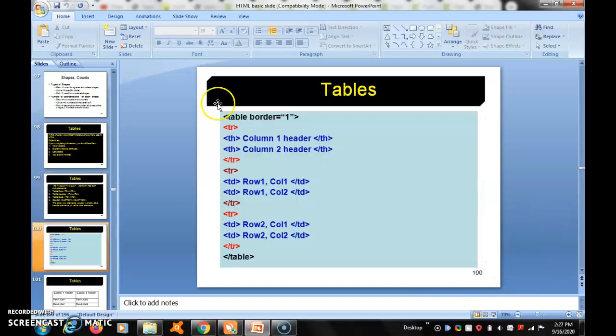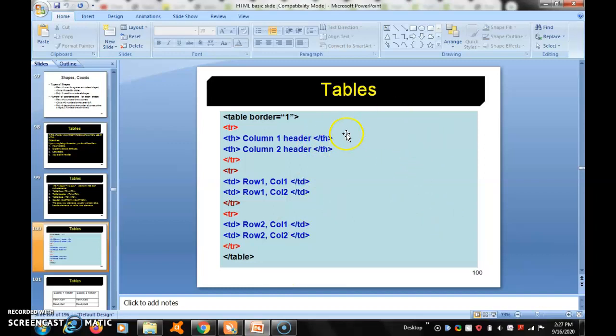Next, it is one small program. So the table border size is 1. Table header column 1, column 2 only. Row wise it will display row 1, column 1, row 2, column 2, like that. So this is one small example.